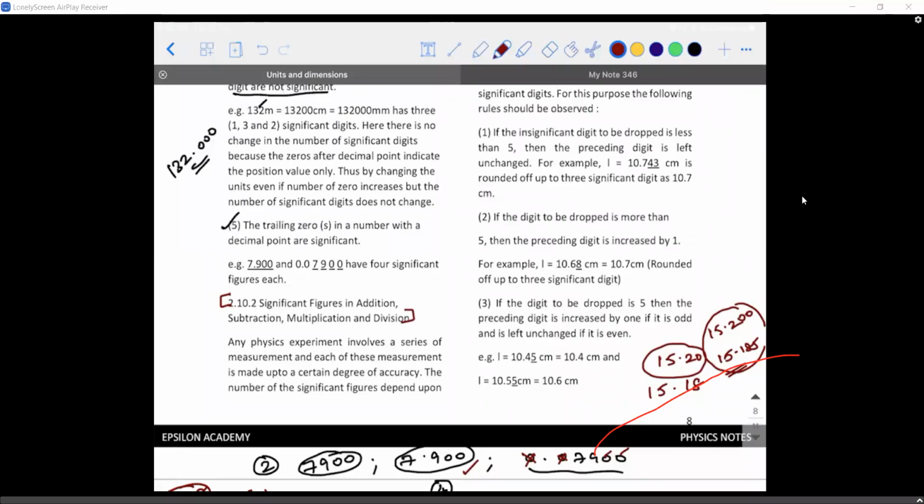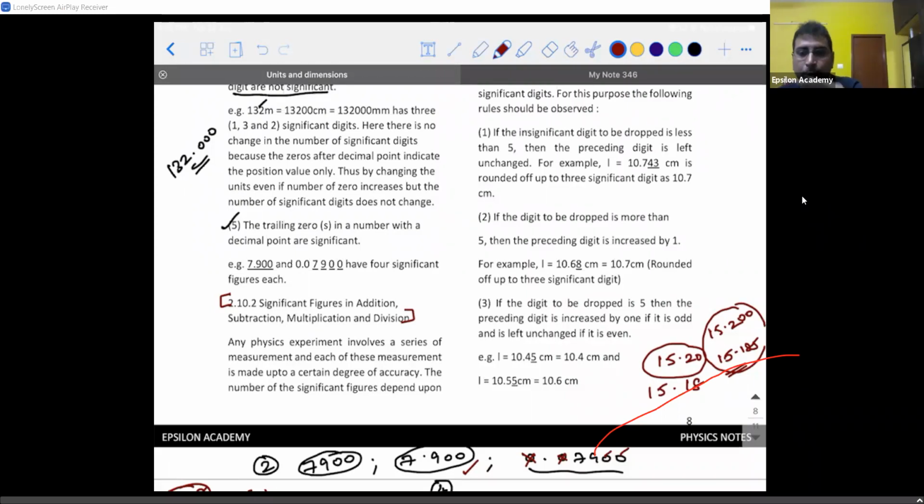Sir, we are changing it in the sense of 4 significant figures, sir. Yes, you're trying to say he has a measuring device which can measure up to 3 decimal values. Actually, he or she doesn't have that, right? So we are not supposed to add these zeros because we are playing with significant figures here, right?